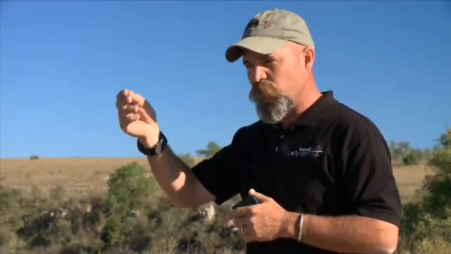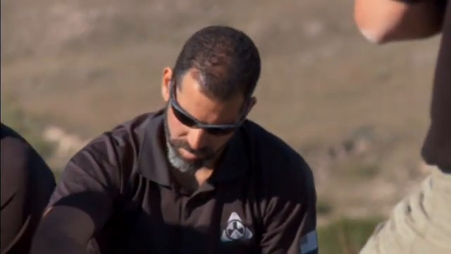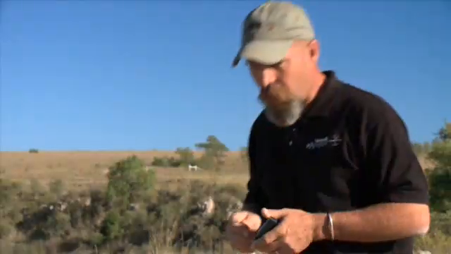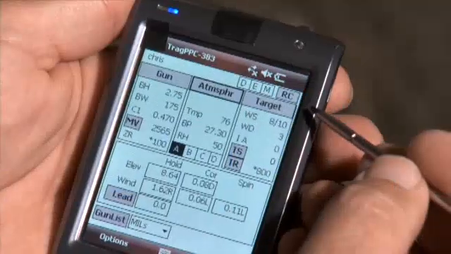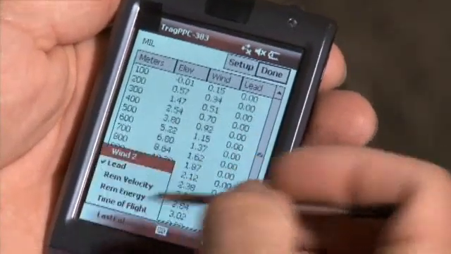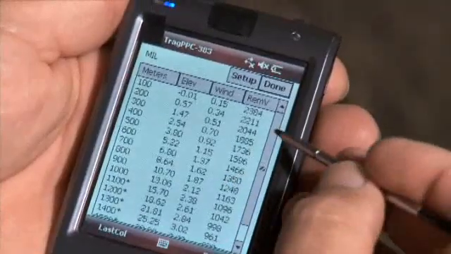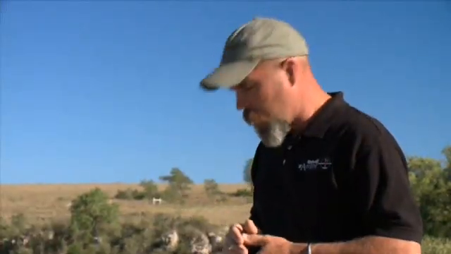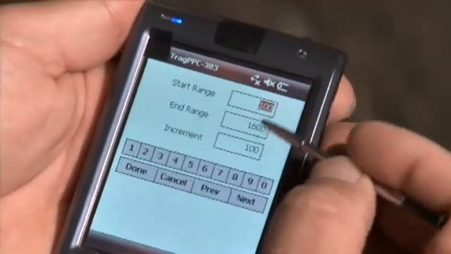All right, so you're going to look at your range card here in a minute. You're going to change your last column to remaining velocity, and you're starting to scroll down until you see 1,340. So go ahead and do that now. Hop into range card up at the top right. Once you plug that in, down at the bottom it says last column on the bottom left. Last column, make it read remaining velocity. And you may need to change your setup to 5 meter increment. All right, you can start it at 100,